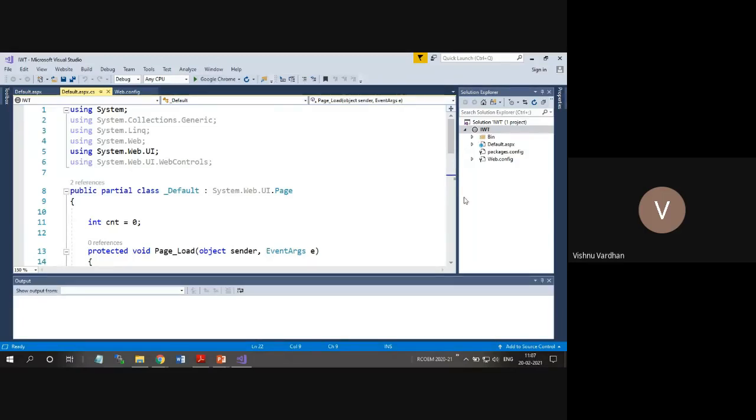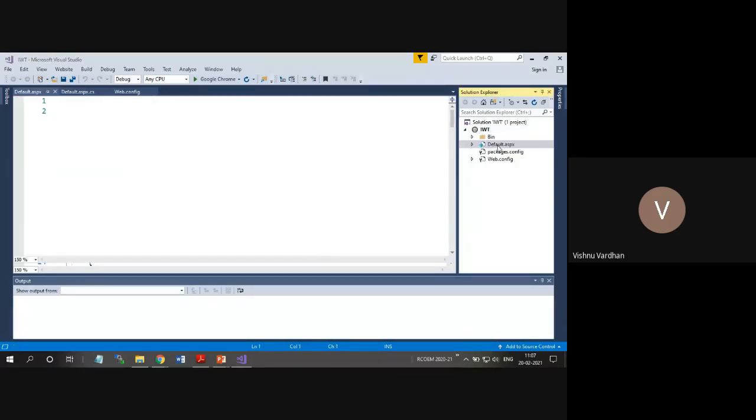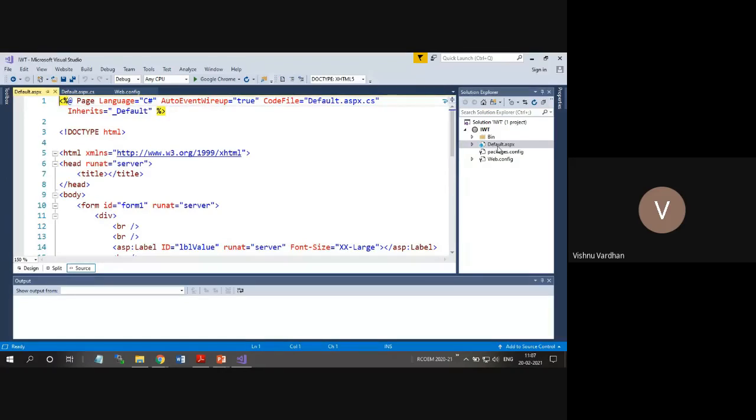Basically there you are having so many files lined up in this root folder IWT. But here we have taken the approach to create the functionalities from scratch. So that's why the default.aspx we have created. It's not created by ASP.NET by default.